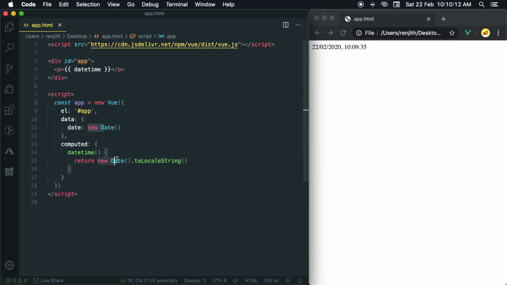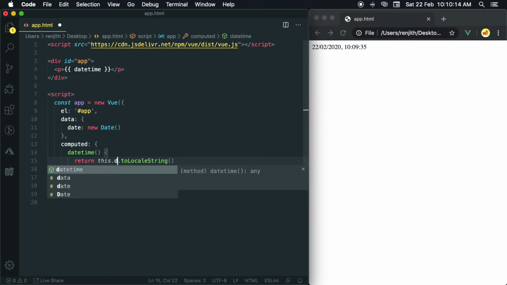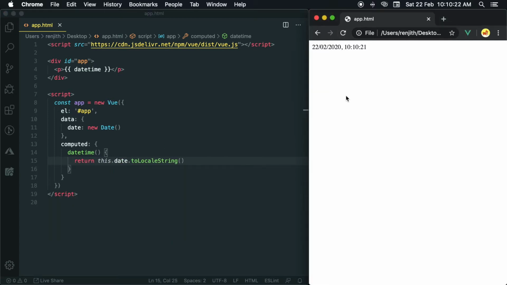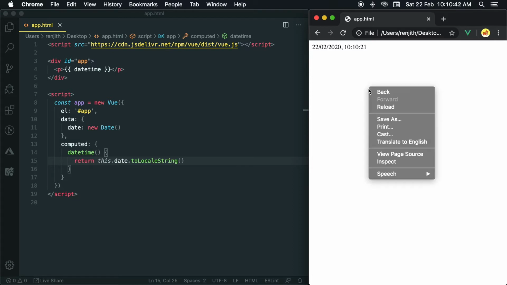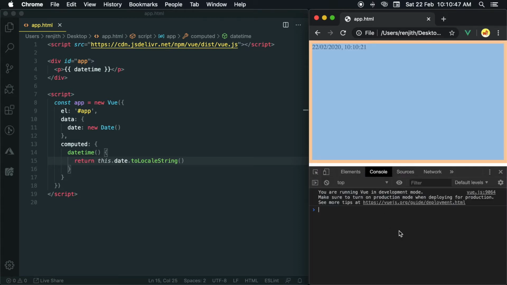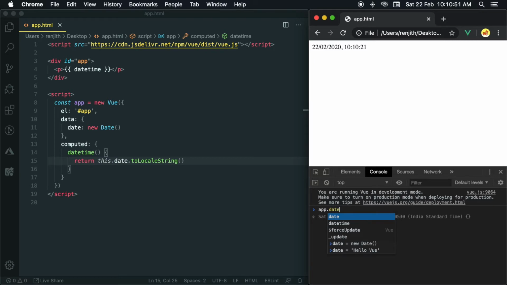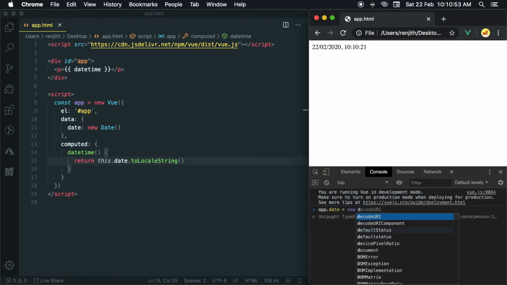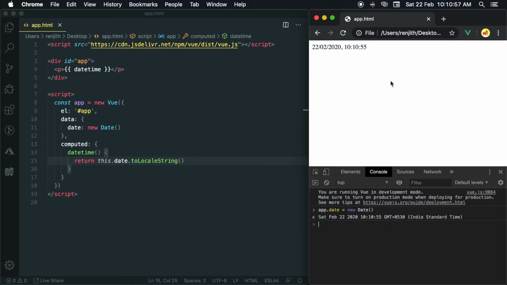Use it in datetime. Run it. Yes, working. Let's update the date. Yes, the computed property datetime is also updating according to that.